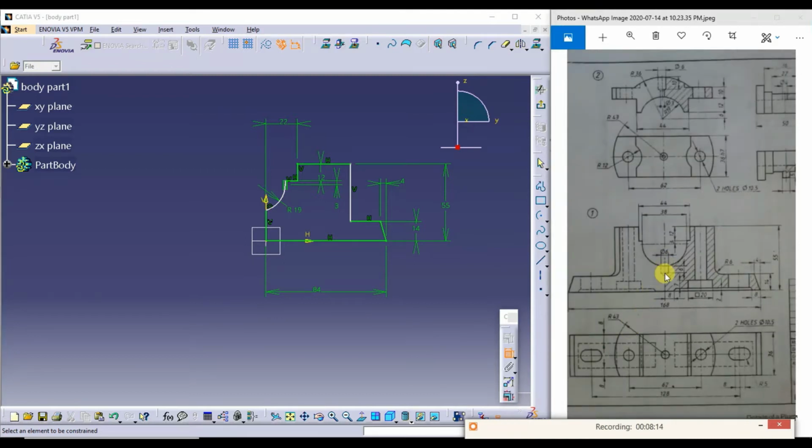See here, from the center to this dimension is 43. Okay, from the center to this is 43.